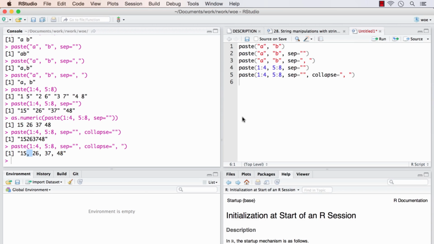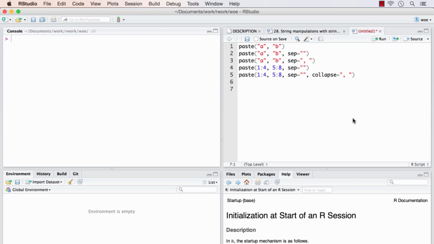Now let's try out a quick challenge. Let me clear the screen. What I would like you to try for this challenge is to create the following string using the paste function that we just learned. Just one thing I want to remind you before attempting this challenge is, so far in the paste function we have just passed 2 arguments as strings, but actually we can pass multiple arguments, as many strings as needed, into the paste function. So keeping that in mind, I will pause the video for a few seconds for you to give this a shot. Good luck.